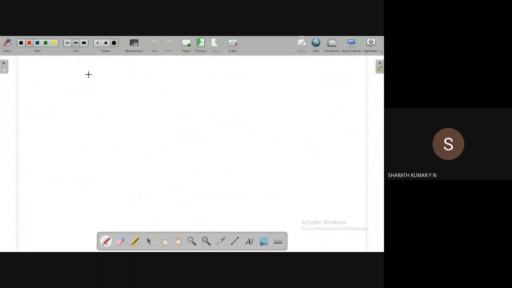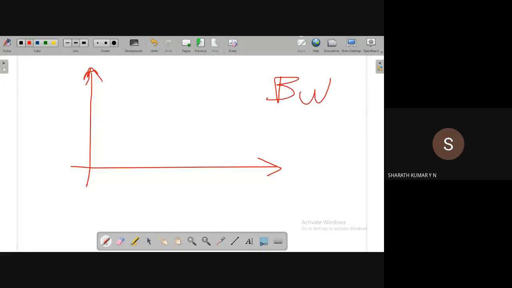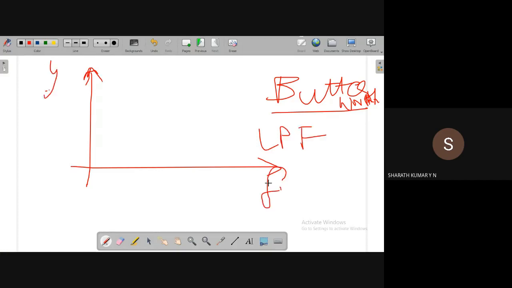So this is what the author is trying to say. We have discussed various types of filters: active filters, passive filters, analog filters, digital filters, audio frequency range filters, radio frequency range filters. Among them we found that the Butterworth filter gives a better response. Considering a Butterworth low pass filter, this is the gain and this is the frequency. Generally, it is something like this. This is the ideal one, but practically this is the practical case. Why it is like this in practice, we also discussed. This is FH, the higher frequency range.